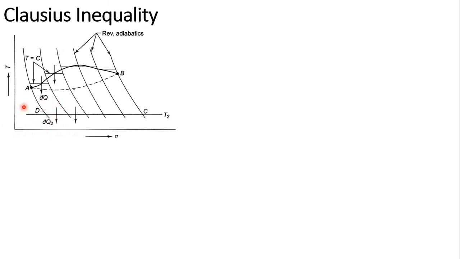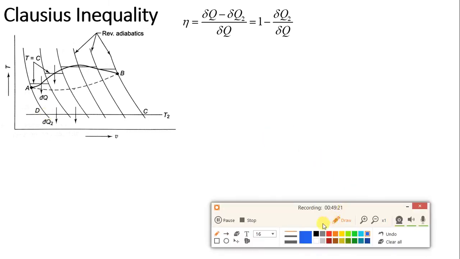Now, what is the efficiency of the engine? We have seen this. If you remember the formula list in the second law, the efficiency of the engine was Q1 minus Q2 upon Q1. This was the efficiency of the engine which we had derived. So the same thing we have to write now. But here, what is Q1? Q1 is delta Q. And what is Q2?